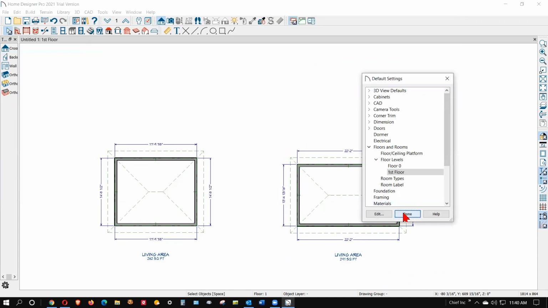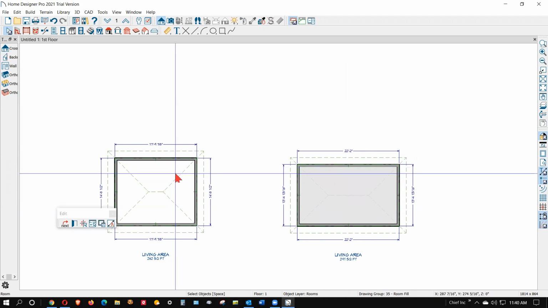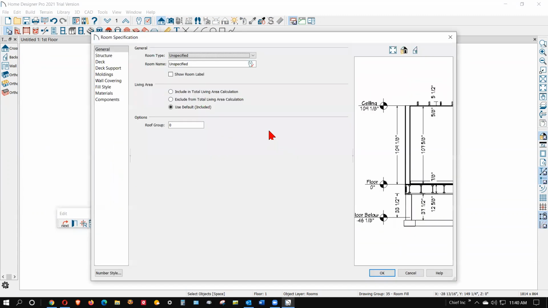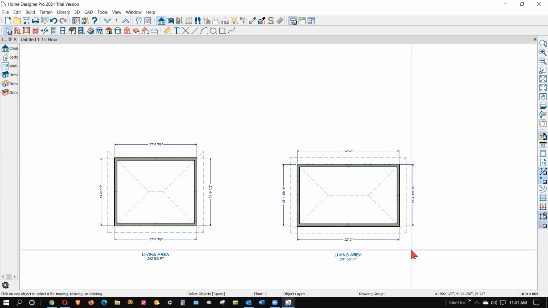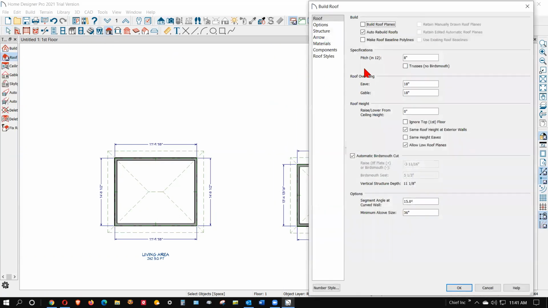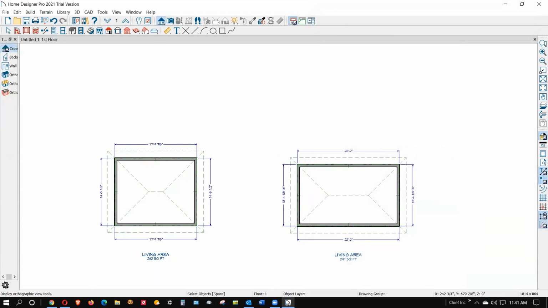So then it's incumbent upon you. The software is not going to do it. If this structure is to be higher than this, you open the dialog box, go to the structure tab and raise the floor 24 inches, for instance. I think auto build roofs is on. Yeah, it is. Okay. So now,